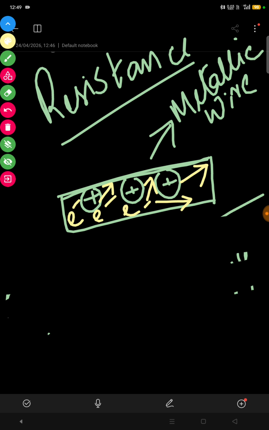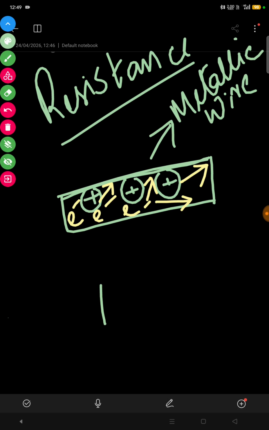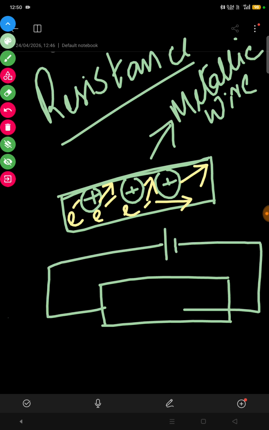connected by a cell or a battery? We have taken the example of the metallic wire. This is a metallic wire, and it is connected to a cell or battery. Okay, what happens in that case? When it is connected to a cell, it means a potential difference is applied across the end of